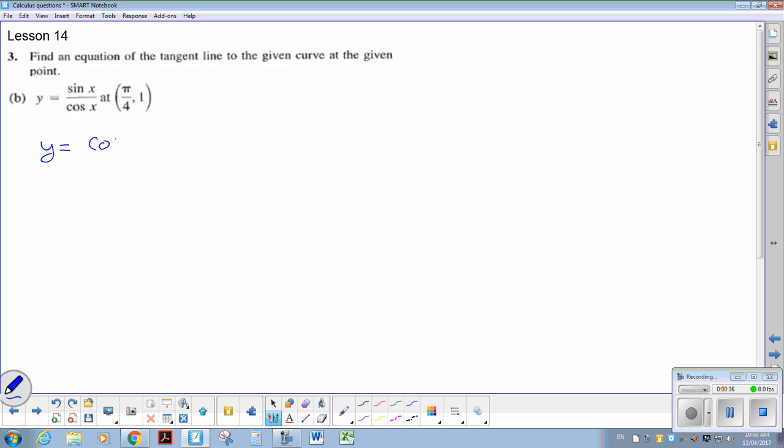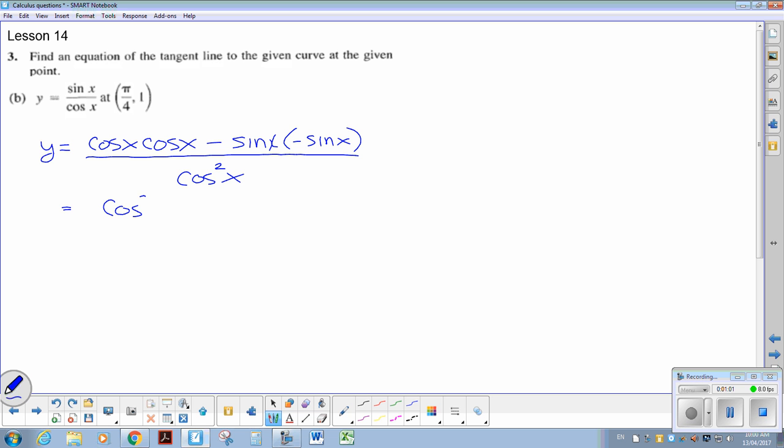So we'll end up with cos x, derivative of x is just 1, multiplied by cos x, minus, leave the first function alone, and then derivative of the second function, so derivative of cos is negative sine x. That's all over cos squared x. So then, simplifying, we end up with cos squared x plus sine squared x over cos squared